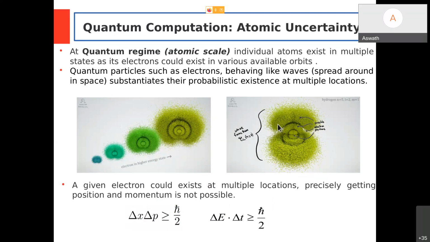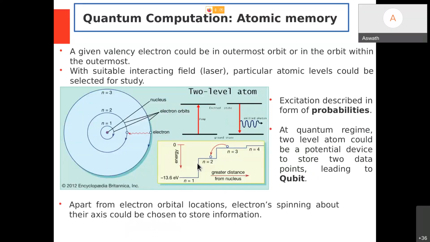I can't specify the electron's position accurately. There is always an error, and a momentum error always when I measure. If I take the product of them, that product cannot be less than Planck's constant. It is always more than Planck's constant. That's the uncertainty principle. So people explored this idea to realize quantum memory. Let's see in the next slide.